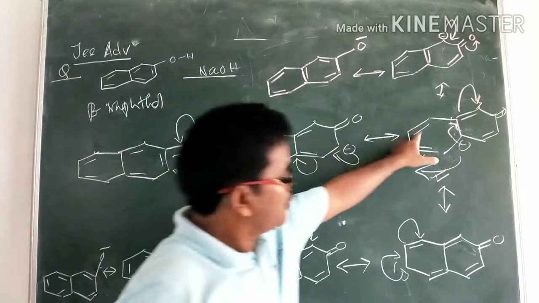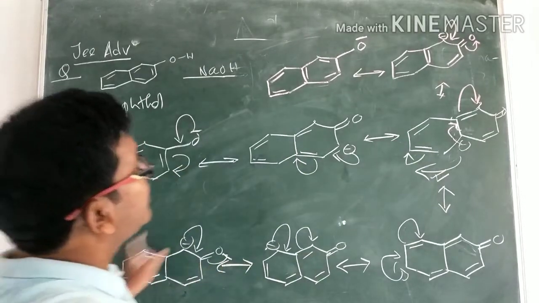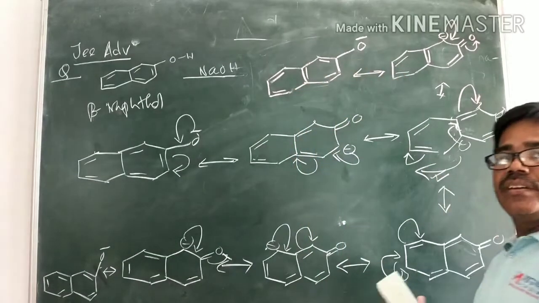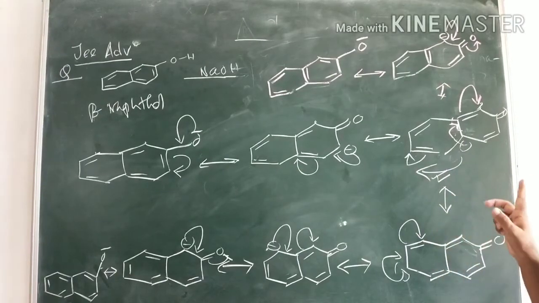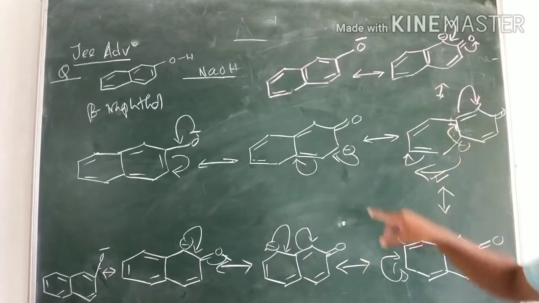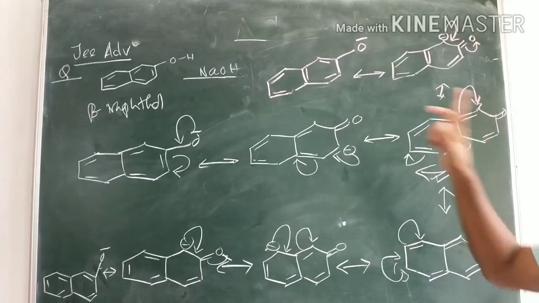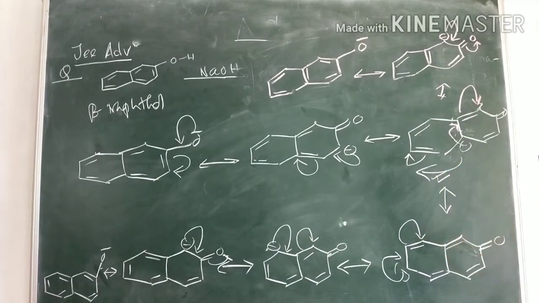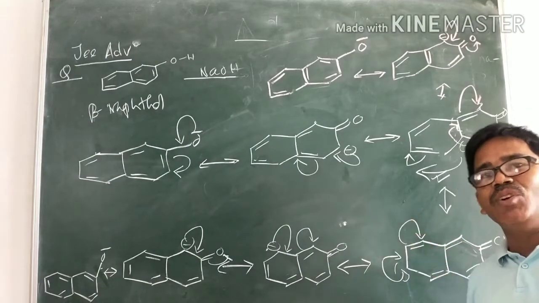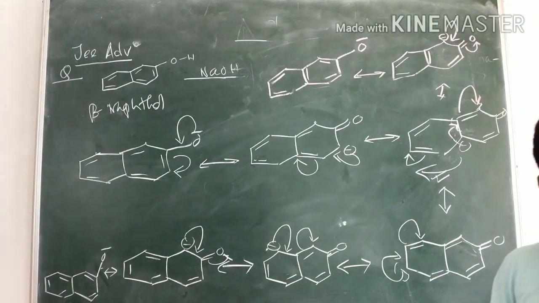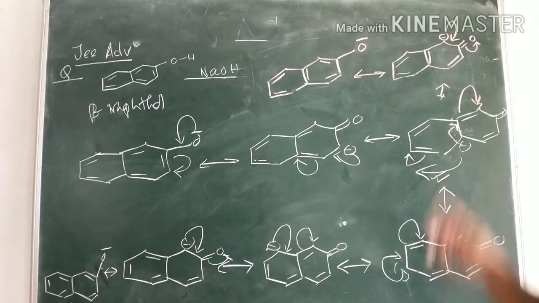1, 2, 3, 4, 5, 6, 7, 8, 9. You can check. No structure is a repetition. All are different. All are unique. Therefore, the total number of resonating structures we got is 9 by the general process. It took around 3 minutes for me. Therefore, a student who will be solving this problem in the exam hall will obviously take at least 6 minutes. But we do not have that much time. This problem, if we know the technique, we can solve in seconds.